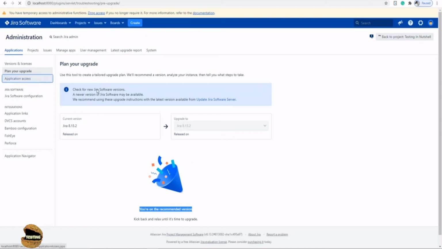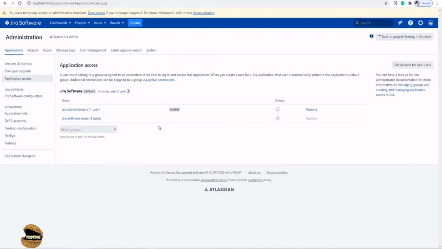The third option in the same segment is about application access. This application access allows people to access the products which you have installed on the Jira Administrator. Now, of course, we have two different products right now, but the second product is not accessible because I have no license for that. But in case you are having Confluence, server, software instance, or Jira Core or Service Desk Management, everything, then you can decide here which users will have access to these products. For example, the administrators are having access to Jira Software and Jira Software users are having access to Jira Software. If I want any other group to have access to this, I just have to drop down and select the group and add them here.